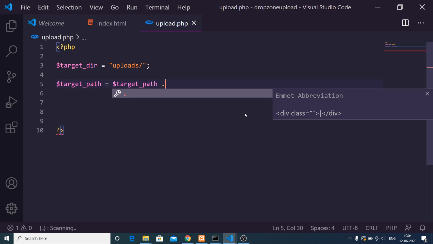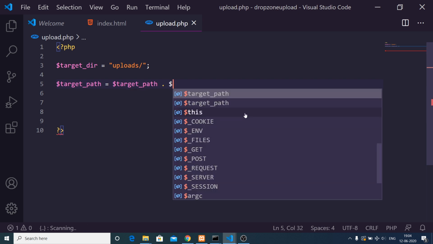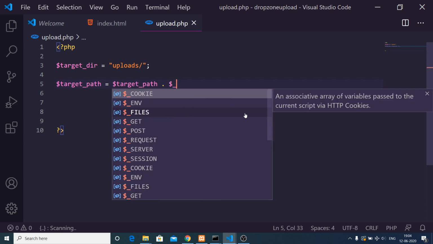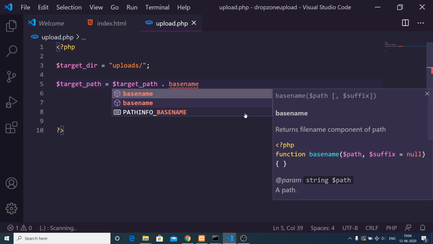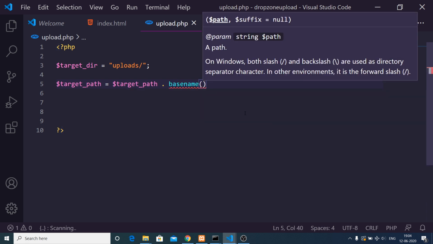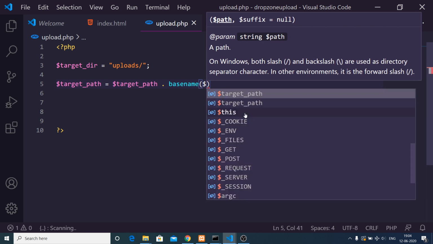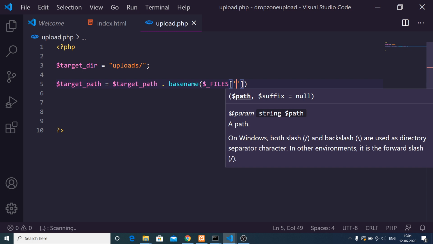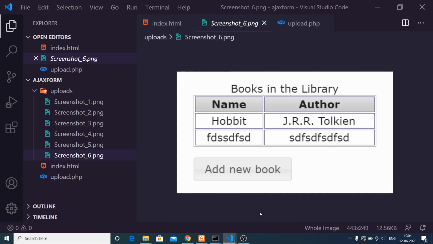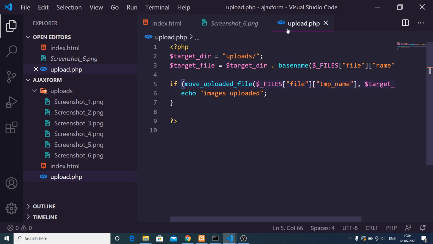symbol in PHP, and then we will have this, which is dollar files. We will use the basename function, guys, so just use the basename function of PHP. So it returns the file name of the path. So inside this basename we will pass dollar files, and inside this there is a path, which is file name, which returns the